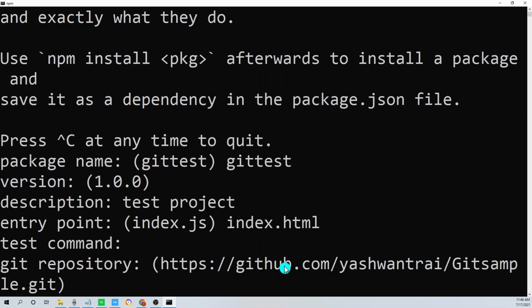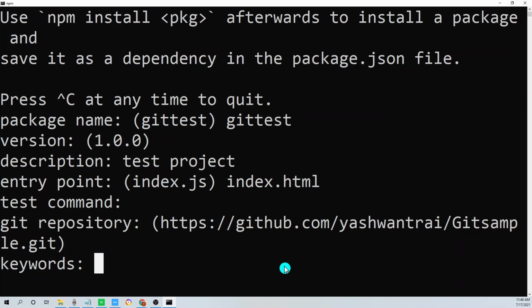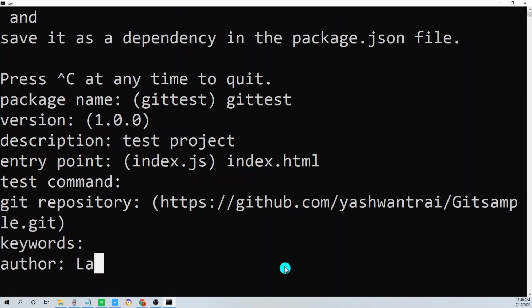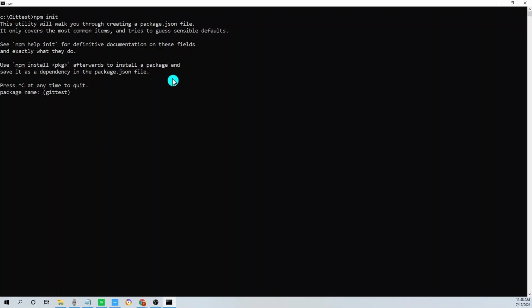Author we will give any. So it will create the package.json file.